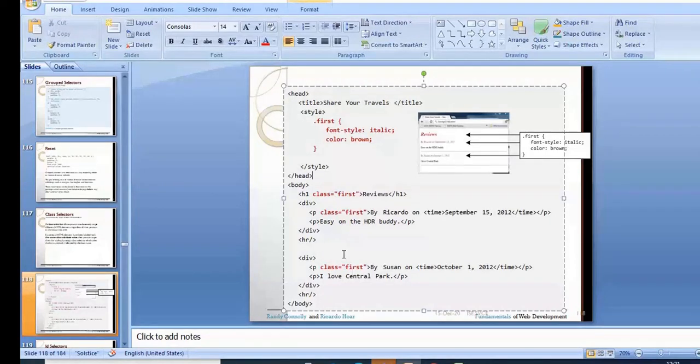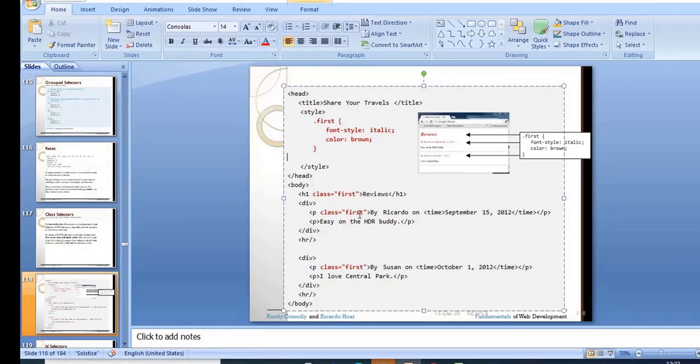Is it clear? So in this case, if a series of HTML elements have been labeled with the same class attribute value, then you can target them for styling using a class selector. When you are grouping a set of selectors and want to apply the same style, in that case you can go for the class selector. This is the syntax you need to follow: a dot followed by the class name, or the value given in the class attribute. Is it clear? So this is called a class selector. So, the program.